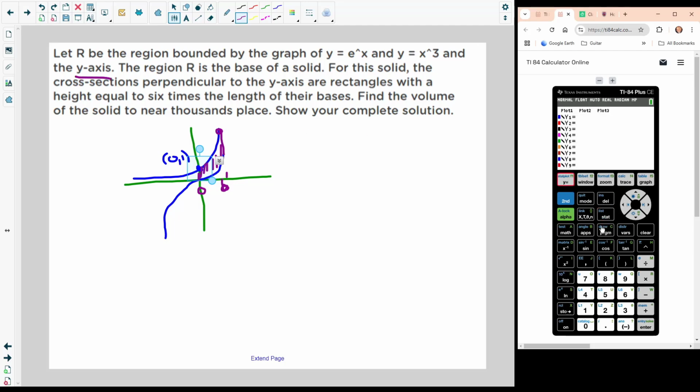Okay, so let's go to y equals. We'll put in e to the x. And for y2, we're going to put in x cubed. Okay, let's take a look. And there we go. There's an intersection point. Again, there's no intersection over here, but that's why they added the third boundary of the y-axis. But we got to find that intersection point, so we're going to do second, calculate intersection. First curve doesn't matter. First curve, second curve, just press enter, guess. Again, doesn't matter because there's only one. But if you want to make you feel better, get close to it, press enter. Okay, there it is. So b equals